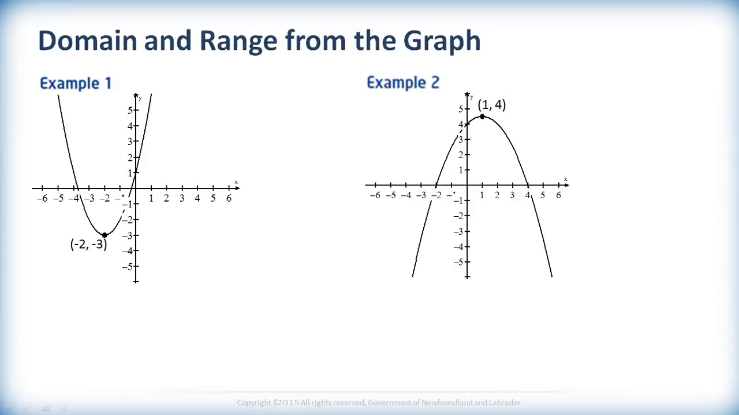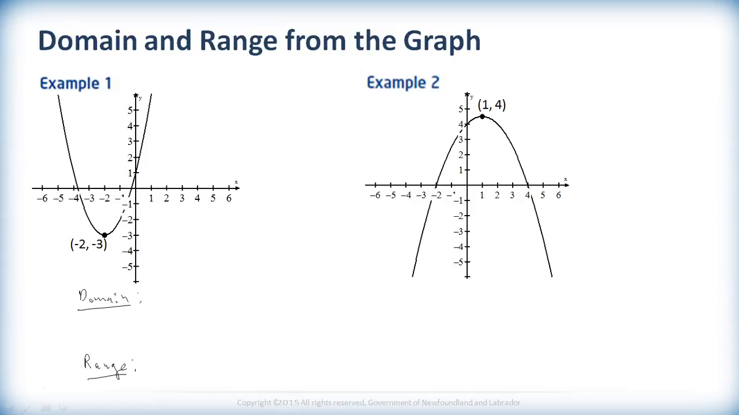So domain and range from a graph. This is a sort of hearkening back to your grade 10 knowledge base. Important stuff. In grade 10, we learned that if we have a graph, we can write its domain and range by looking at where the x values go and where the y values go. So for this first one, what we have to do to get the domain and range here is remember